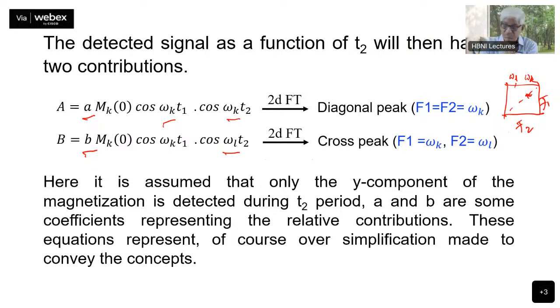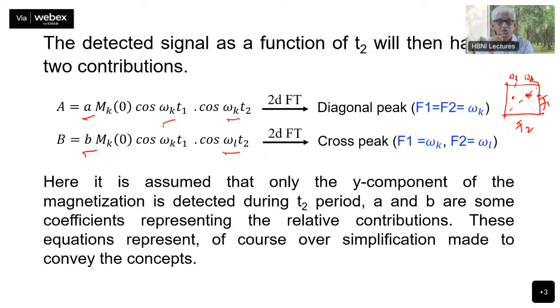The B term has omega k in the T1 period, but in the T2 period, it has a frequency omega L. Therefore, it produces a peak here. Okay, so if I do two-dimensional Fourier transformation, this will produce two peaks. One is the one which is at omega k, and the other one will be at omega L. And that is how you get what is called the cross peak. What is present at the same frequency is the diagonal peak, and what is present at another frequency is called